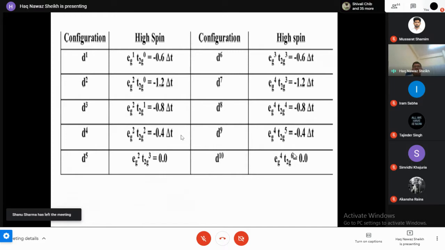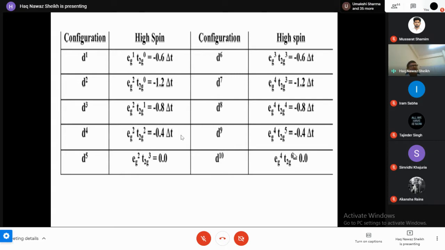Then you go to D6, it starts increasing again. D7 increases, 1.2, and D8, 0.8, and D9 again a decreasing trend. D10 is 0. So if you remember yesterday's lecture, the highest values for crystal field stabilization energy for high spin